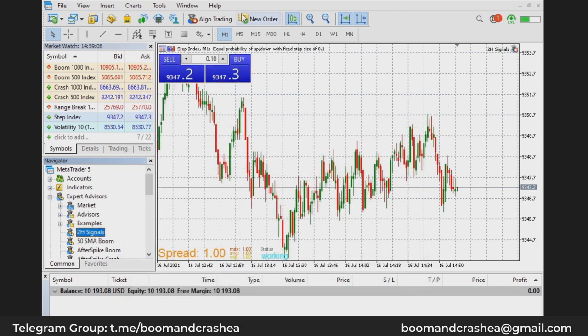So it's not on here. Algo trading is off, but it will still give us a signal, so we wait. Just need to be patient with it. So immediately the signal comes, I'm going to do what it says, and let's see how close we are to being accurate. You can open multiple windows and place the 2H signals on all the charts, and then you wait for a signal. You can practice with your demo. Always remember that trading is very risky, and if you are going to trade this, that means that you know the risk involved.